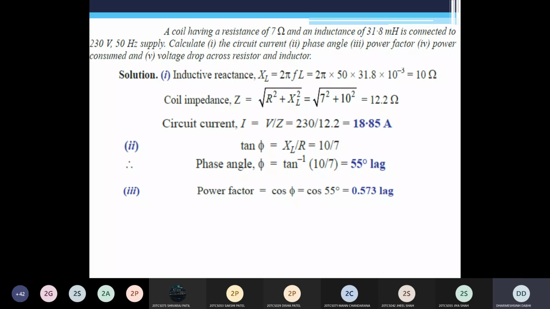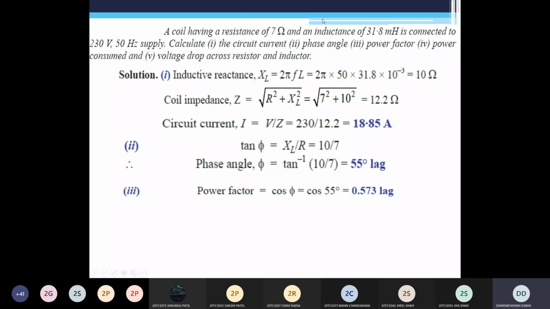Sir, sorry for the interruption. Sir, I had a doubt in this. Sir, in the circuit current, I is the RMS current. Yes, I is the RMS current. So, sir, can't we calculate it by the VRMS by R formula? IRMS equals VRMS by R. Which equation? Power equation or power value? No, sir, for current, circuit current. IRMS equals VRMS by R. Yes, the same way we can calculate it.